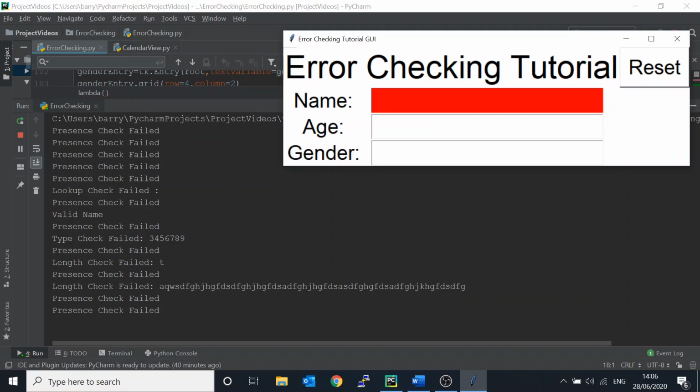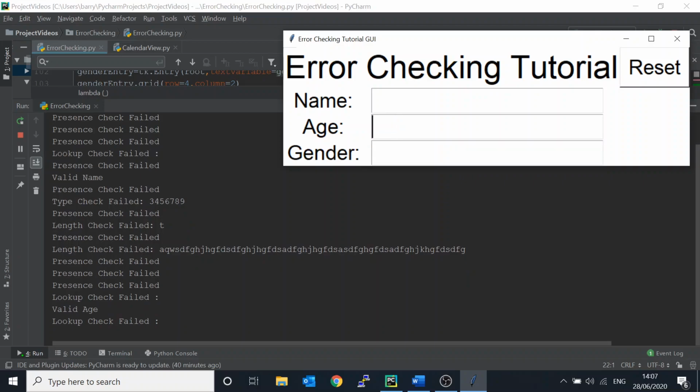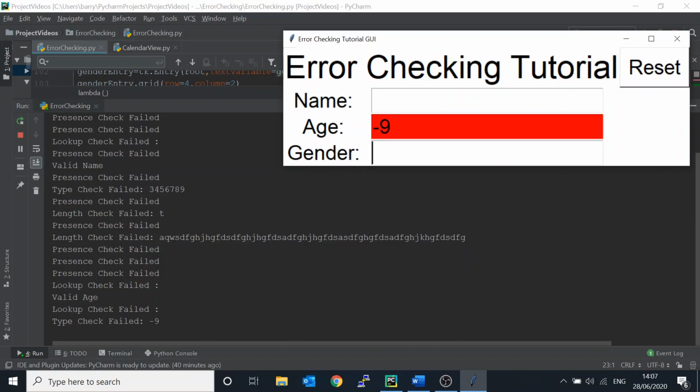Okay. So, we now move on to our age, and our age seems to be working well with our presence check. Okay. Yep, the presence check works. Now, if we do 45, that should be valid. Yep, valid age. What if we put -9? Oh, type check failed. Yeah, so the type check failed. Reason being that